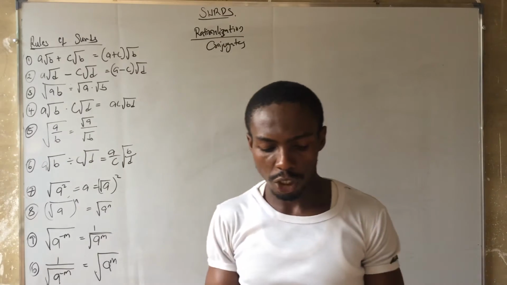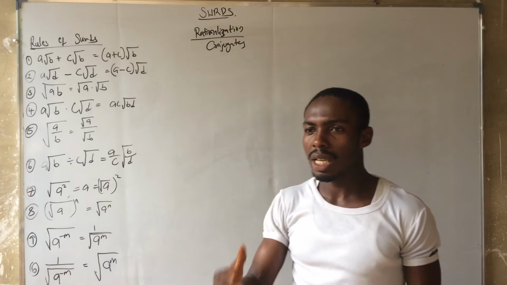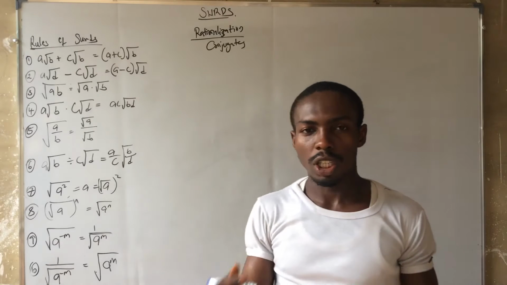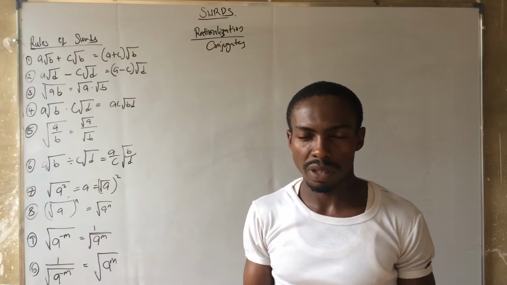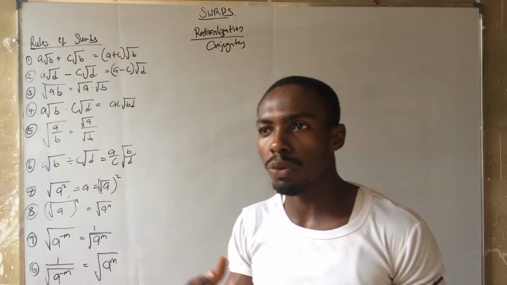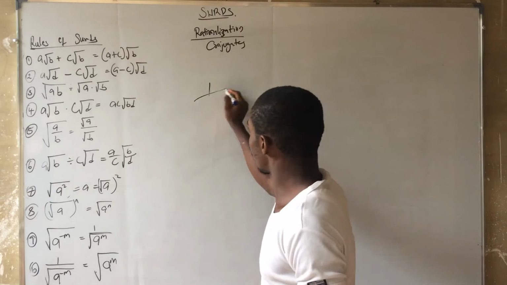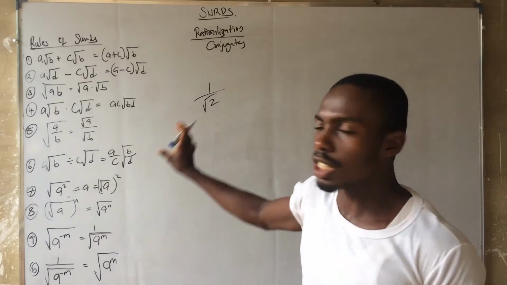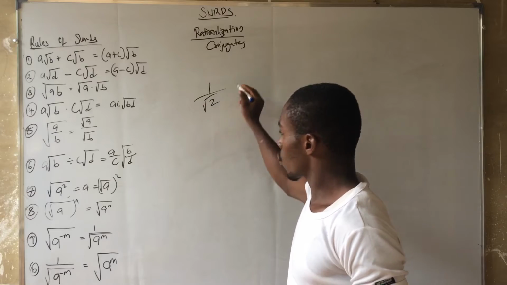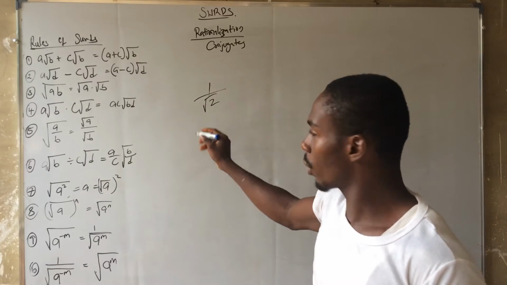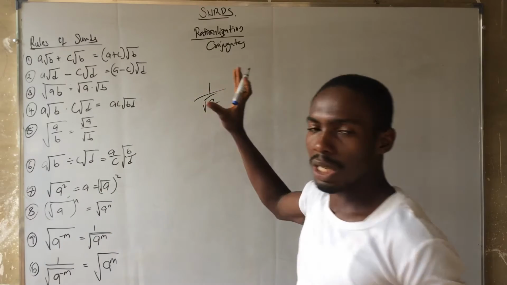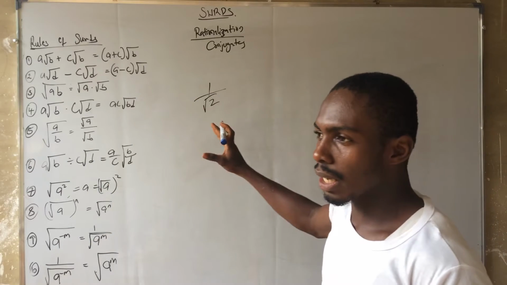When they say rationalization, what do we actually mean? To rationalize a surd, we need a fraction, and the denominator is what we are concerned with. Now, if the denominator contains a radical, for example 1 over root 2, this denominator has a radical, the square root function. So now we are going to rationalize this, and to rationalize simply means to make it look